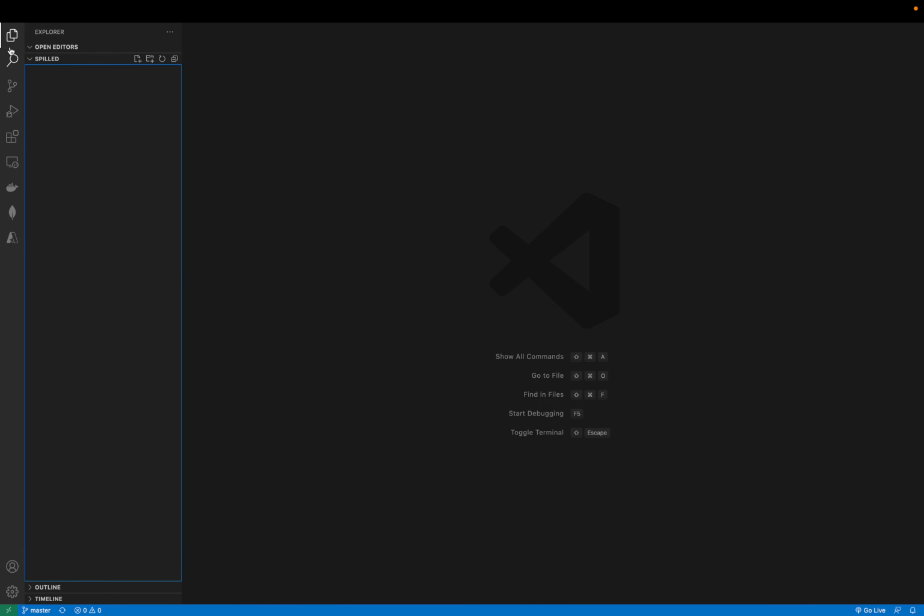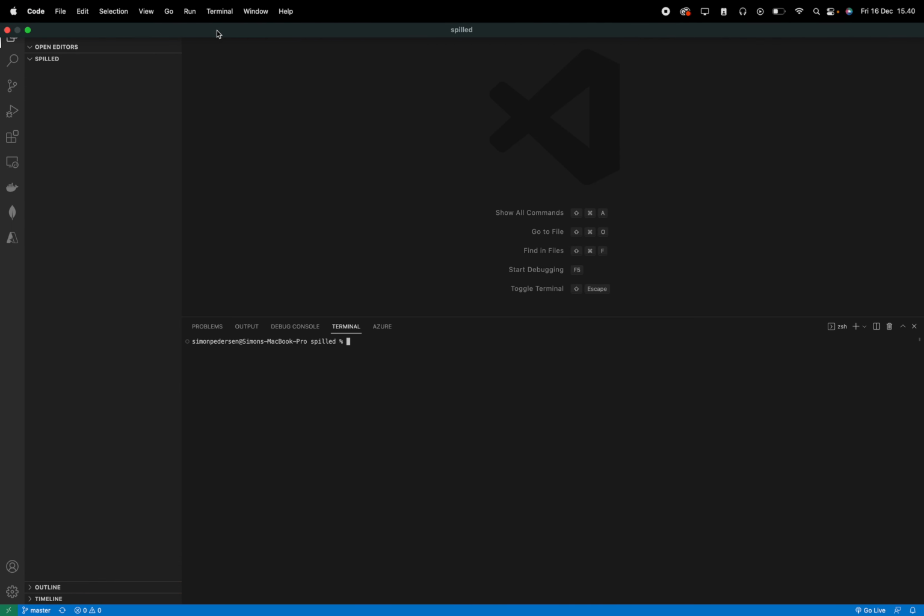In this tutorial, I'll be showing you how to set up your first React project. I will be going to the terminal here. I'll go for this command here. I have it already in my terminal, and it is the npx create-react-app, and this will have to have an app name here at the end. So I'll just say spilled, and this will be spilled org,